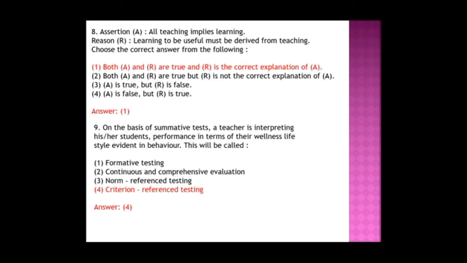And the eighth question is an assertion reason question. Here the assertion is all teaching implies learning, and the reason is learning to be useful must be derived from teaching. Choose the correct answer. So here both A and R are correct. All teaching implies learning. That's right. And learning to be useful must be derived from teaching. That's also right. And it's the correct explanation of A. So that's why the first code is right for the